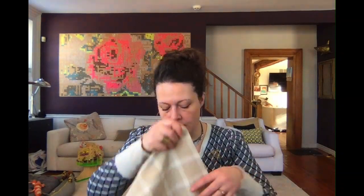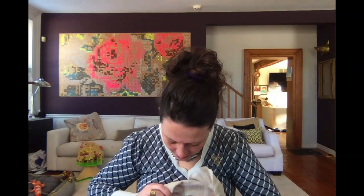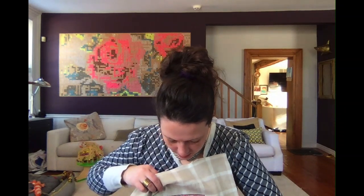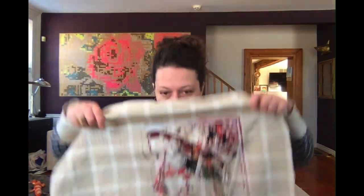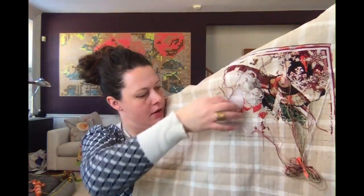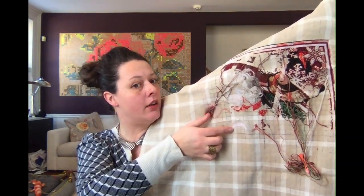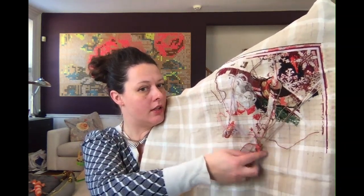So she's stitched on 22 count, it's like upholstery fabric, 3/1 tent stitch. My needle minder is on the wrong side. Oh, I see. Okay. I got to her face finally. There's a lot of, that's her forehead. Yay, forehead. Yeah, this has a lot of,